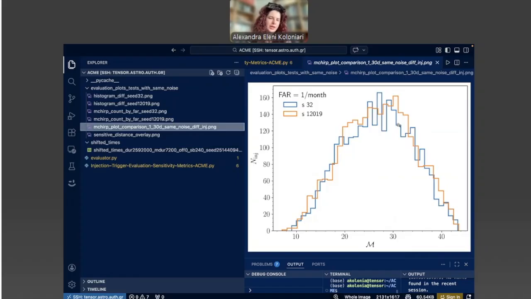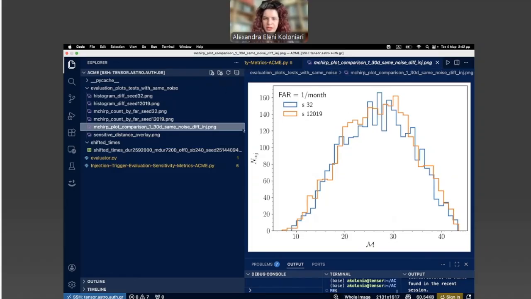Specifically in that case, you don't see much of a difference, because, again, we have the same background. If we had a different background, you would see a much bigger difference between the two, because there is a very big variance in the number of detected injections versus the chirp mass at lower false alarm rates. So, yes.